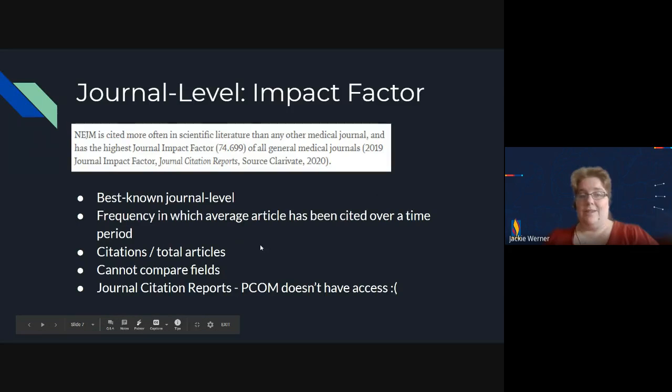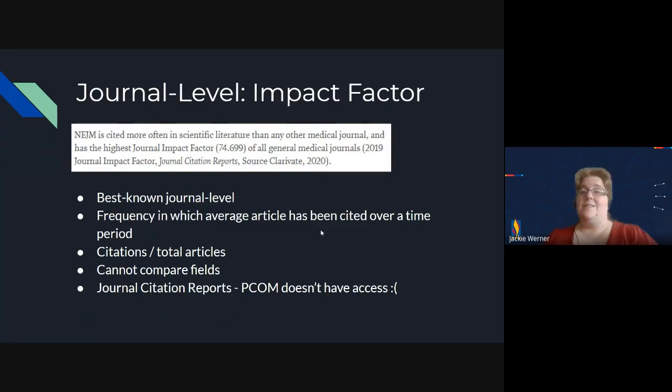So this is calculated by, over a certain time period, looking at the citations of articles in a journal, divided by the number of total articles published during that time. And one of the issues with impact factor is that you can't actually compare journals in different fields, which is not necessarily an issue, but just something to keep in mind.